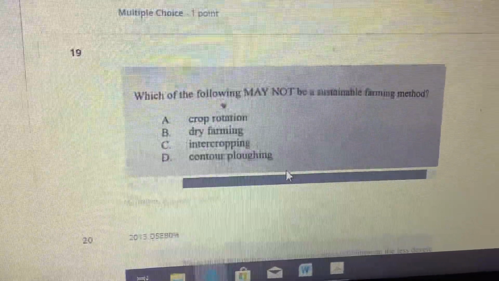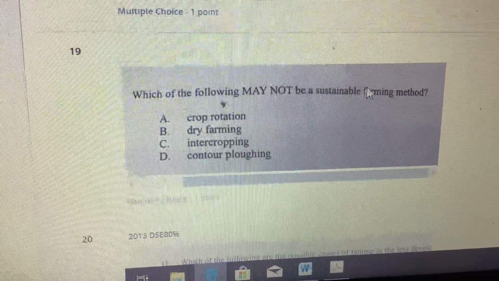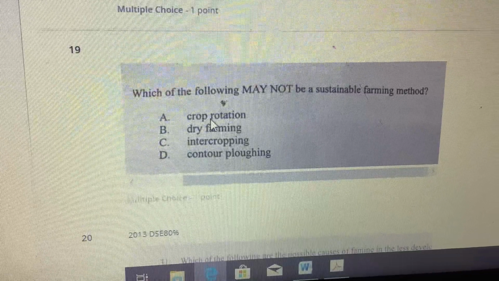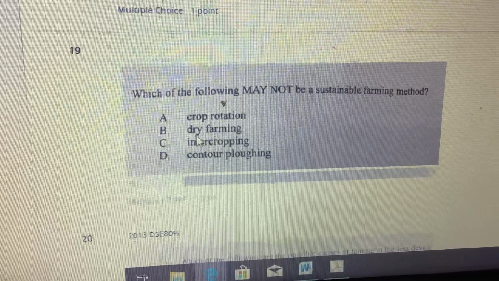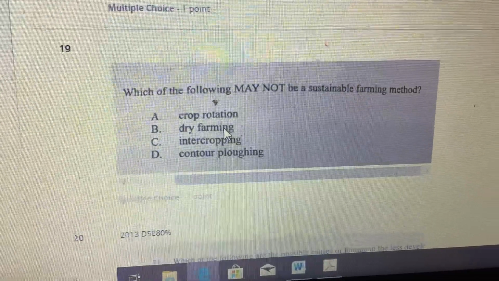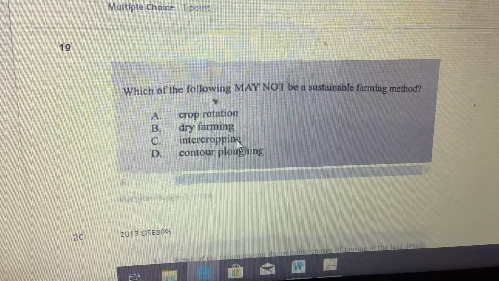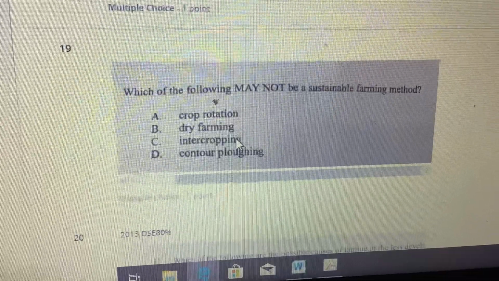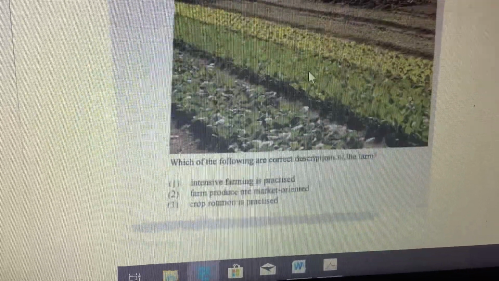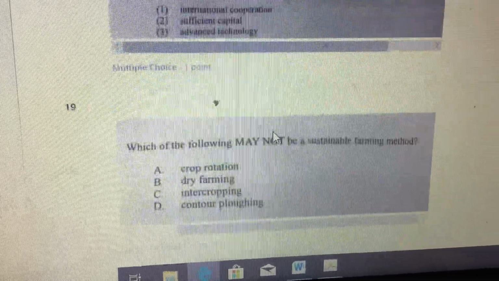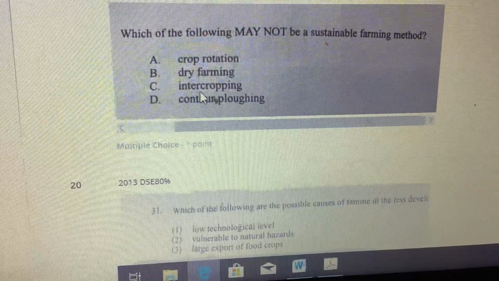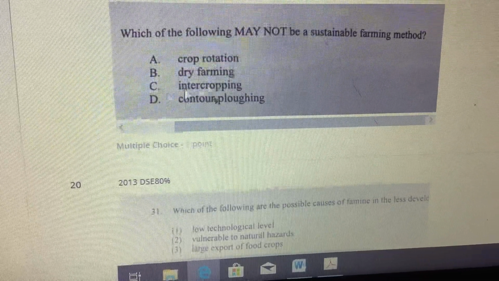Number 13. Which one is not a sustainable farming method? Again, this one, okay. Crop rotation. Yes, this is sustainable. Dry farming. I don't think so. Intercropping. I remember the photo from earlier. This one is intercropping, okay. This one is also okay because